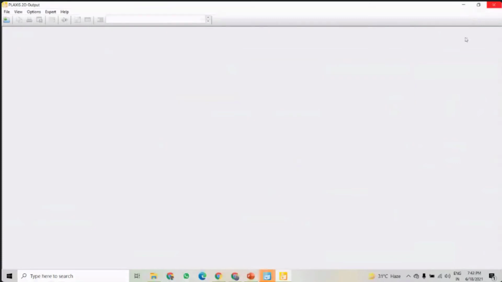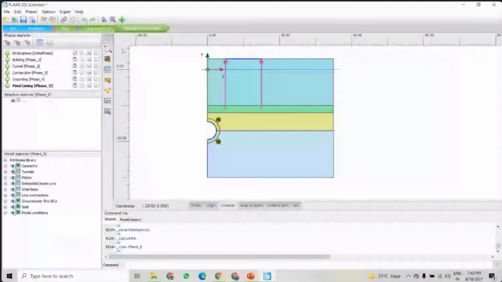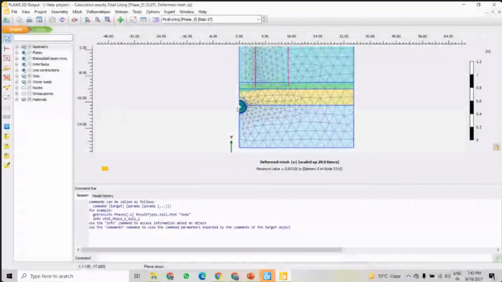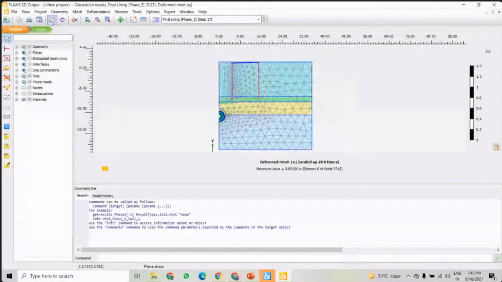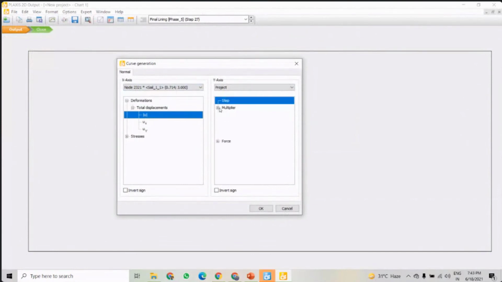If we check the graph, how the curve is showing here, the curve will be shown again for the different layers, as we have seen in the last one, the stage construction model. This will be created at the same node, displacement versus load.